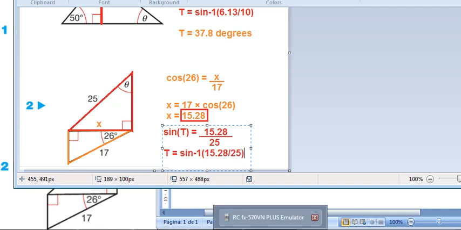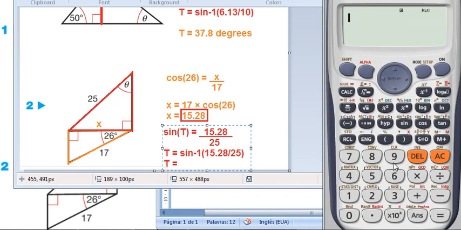So theta is equal to, let's take our calculators, inverse function, shift. 15.28 divided by 25. If you want, you can close the bracket. The angle that we're going to find at the end is 37.7